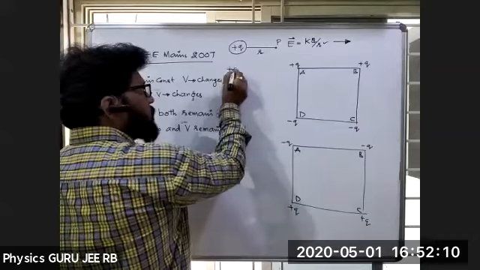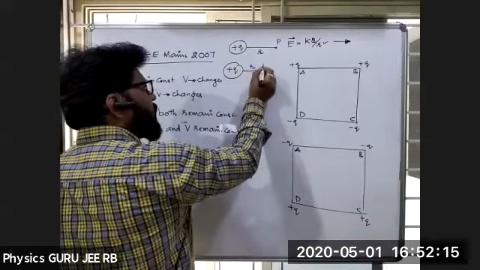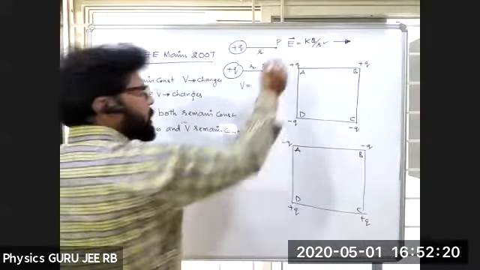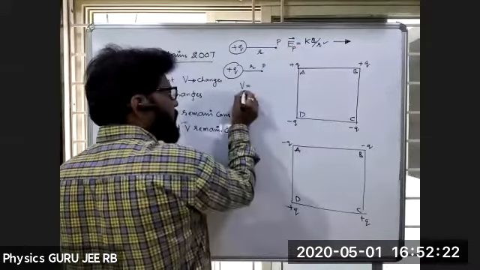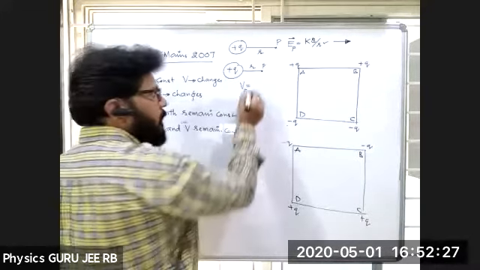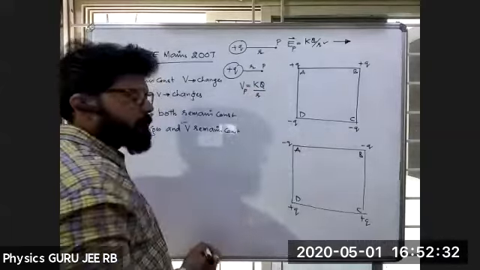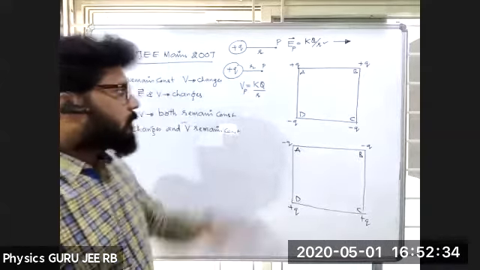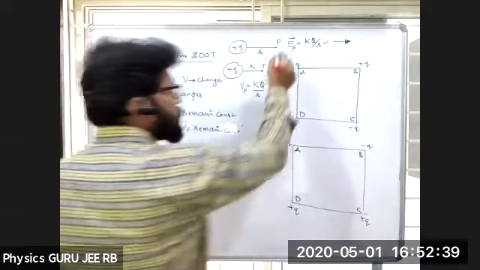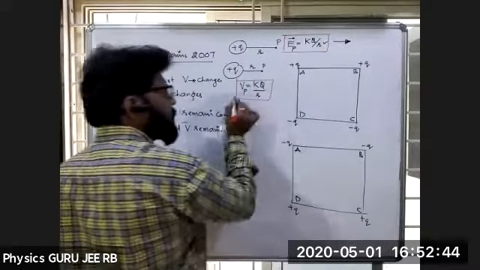Next, if I have a positive charge here, I want to find the potential at this point P. What is the potential expression? Can anybody? KQ by R. Very good, KQ divided by R. Right. This is a scalar quantity and that is a vector quantity. So the students should know these two things to solve this problem.